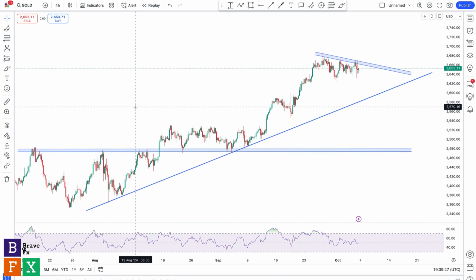This week, we'll be taking a look at 4 different charts: gold, Nasdaq, US500, and crude oil. That's what I'll be focusing on this week, because that's where I see the most potential for good trade opportunities. On my screen, we're starting with the gold chart on the 4 hour time frame, and